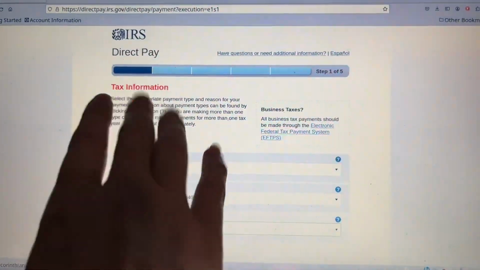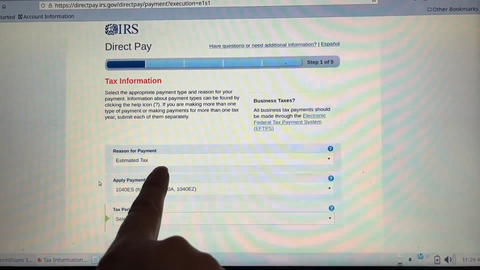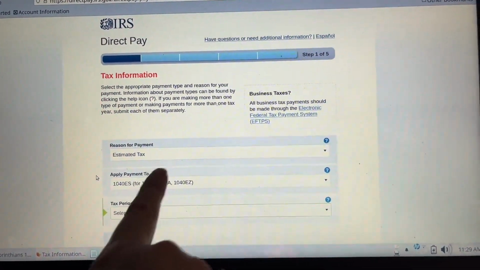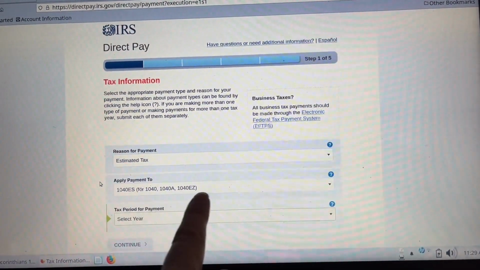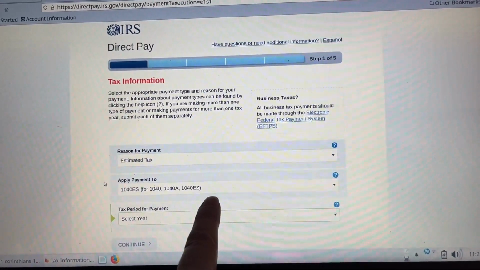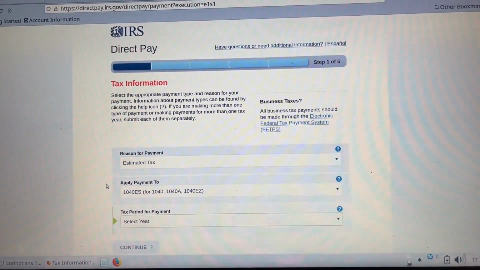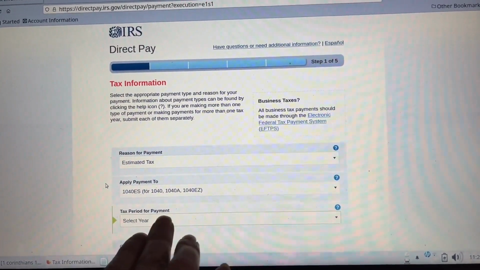On this tax information page, there are only 3 fields. First one is reason for payment, and that would be estimated tax. Apply payment to, and then there'll be a long list you can choose from to select which form you typically file for yourself or for your business. And tax period for payment,